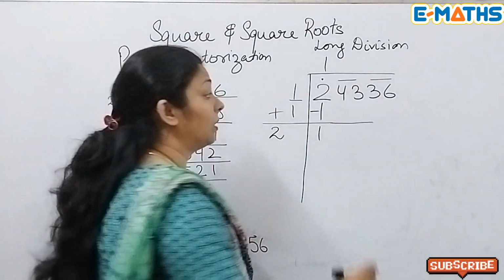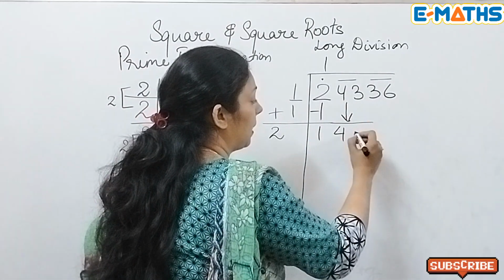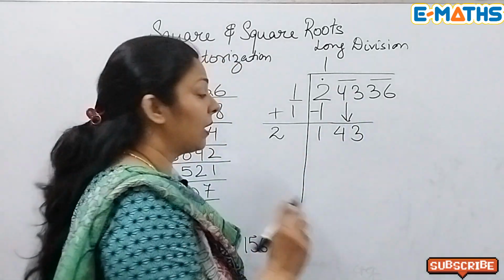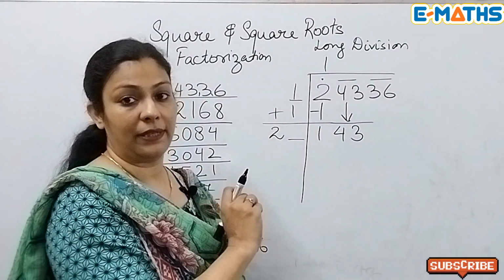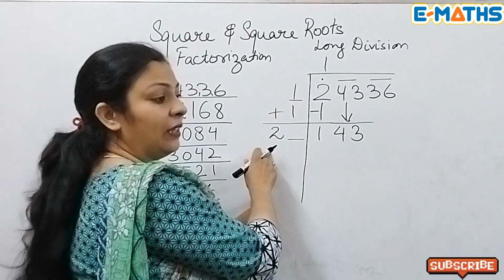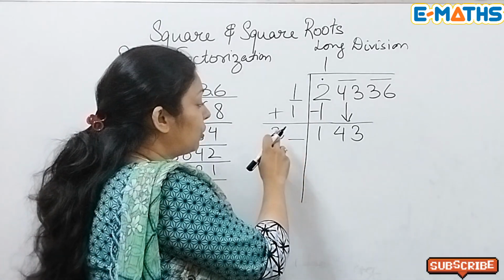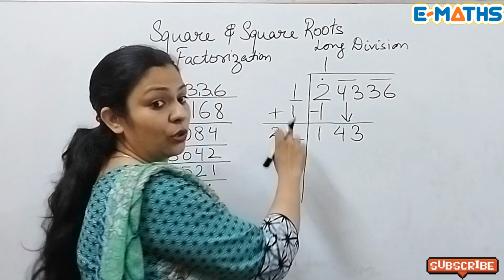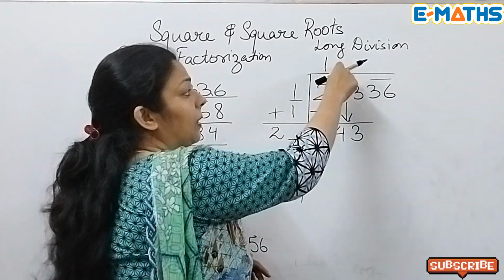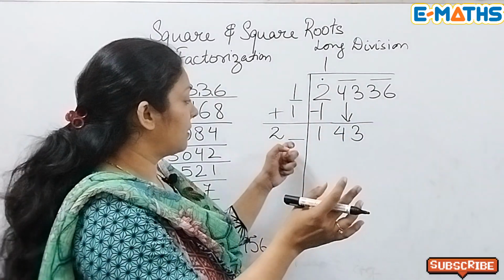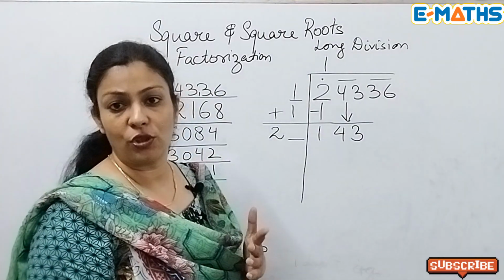Now, like in division, we keep on bringing down the terms. Here you are going to bring down the pair. So when you bring it down, the entire pair comes down, and this becomes 143. Now you need to think of the ones place. You have added it up, now you need to find the ones place of it. If you take 20 here, 20 into 0 will give you a 0. Whichever number you take here, you put it up here and multiply. So if you take a 0, the 20 will be multiplied by 0, which gives us 0. We don't want a 0, so we won't take it.